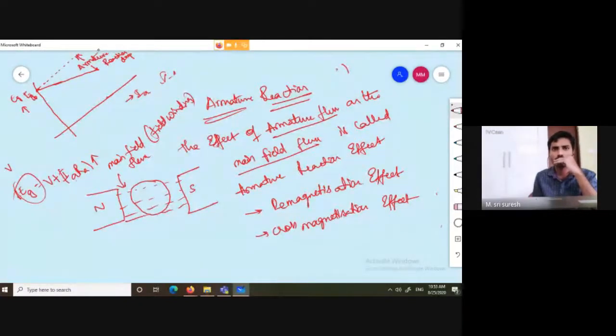In between, an armature is placed here. The round conductors are nothing but the armature. The armature conductors are there like this. Whenever the flux links with the armature conductors, EG will be induced in these conductors. Depending on the EG, IA starts flowing in these conductors. The armature current starts flowing in these conductors. The current is indicated with a dot and a cross here. That is the direction of current.